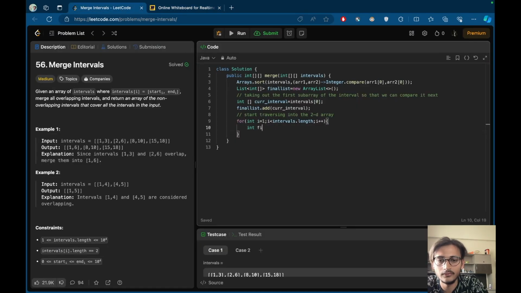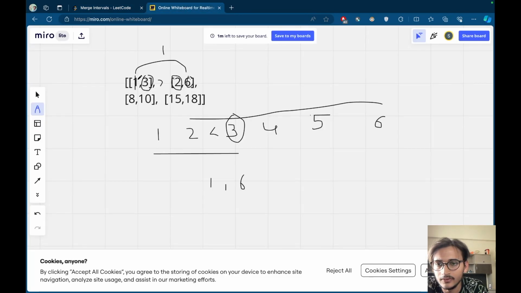So int first interval begin is equal to,